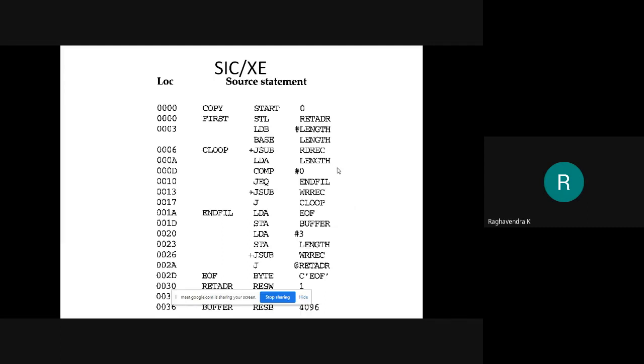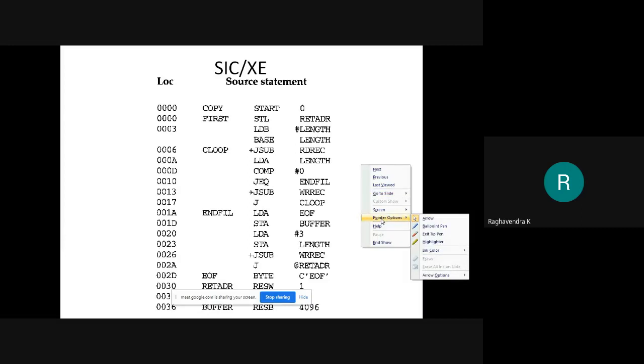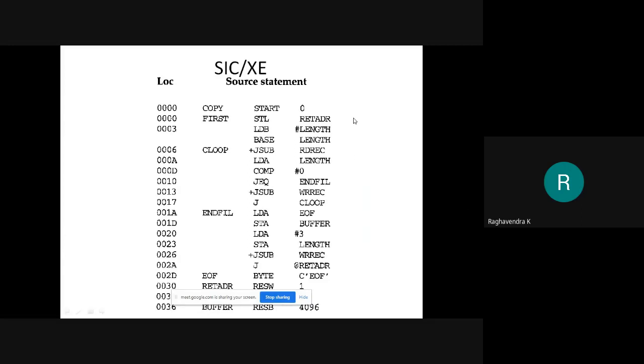Right. So we have been discussing the assembly process of the SIC/XE program. It is completely different from what we have seen for the SIC standard model, right? In the case of SIC standard, it was quite simple. During pass one, we perform the address assignment as usual. And even during pass one, the task was quite simple because the instruction format that exists in the SIC standard model is just one. So we simply incremented the value of the location counter by 3 every time we saw an instruction. Of course, the change was with regard to assembler directives, because assembler directives are handled differently.